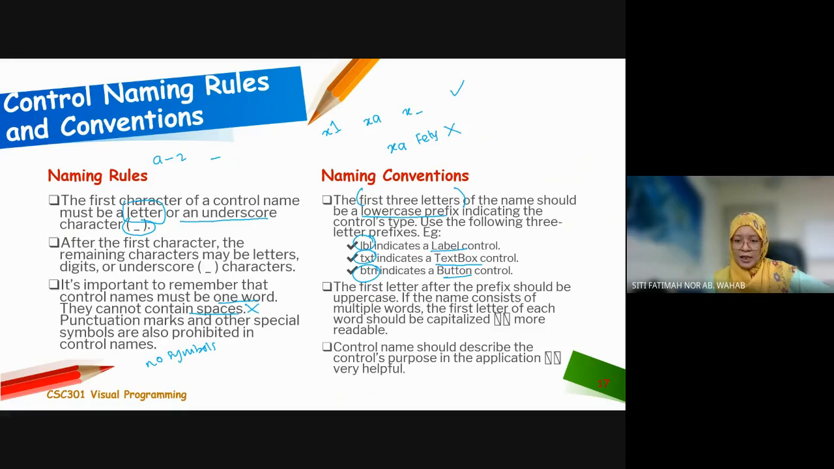Later you will memorize all this, because you will do this in every programming language that you use. LBL is known as a prefix. TXT prefix. BTN prefix. PIC prefix. RAD prefix. CHK prefix. They are all prefixes. So after the prefix, what you should do is put the first